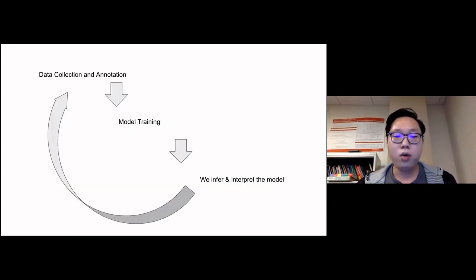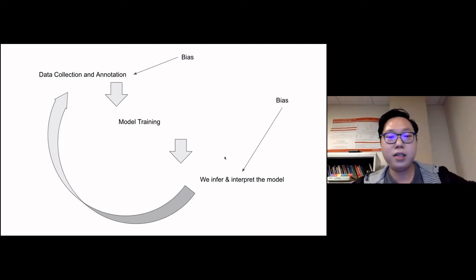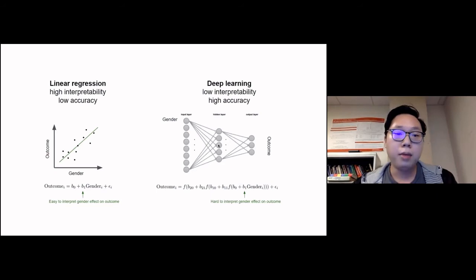So human biases are present in multiple stages of the model building iteration. In the loop, human biases will accumulate if we ignore the phenomenon. But even though we might be aware of the biases hidden in machine learning and deep learning models, it is still challenging for us to understand how exactly machine learning models make a biased decision.